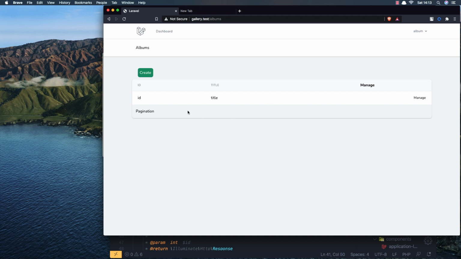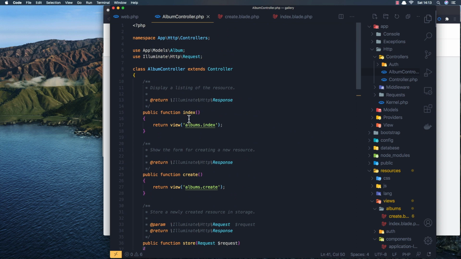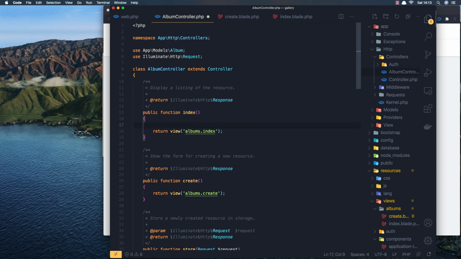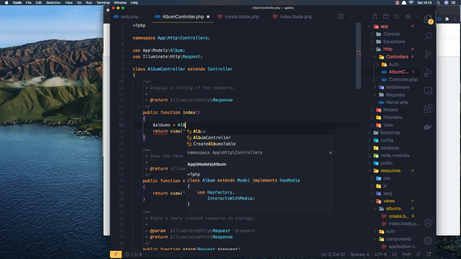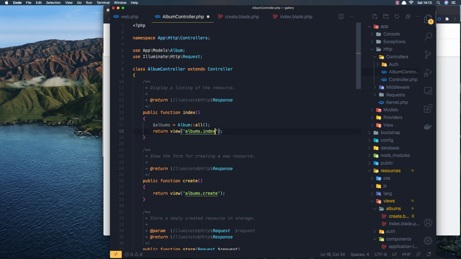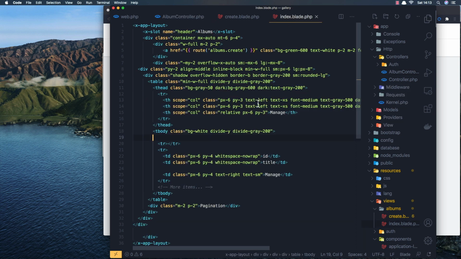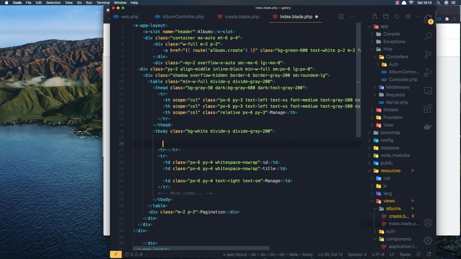I want to display all the records here. So first inside the index method I go and make a variable albums here, and we need to get all, okay, and add it here. So with the helper of the compact method, albums and save. So inside the index now we have that albums here, and